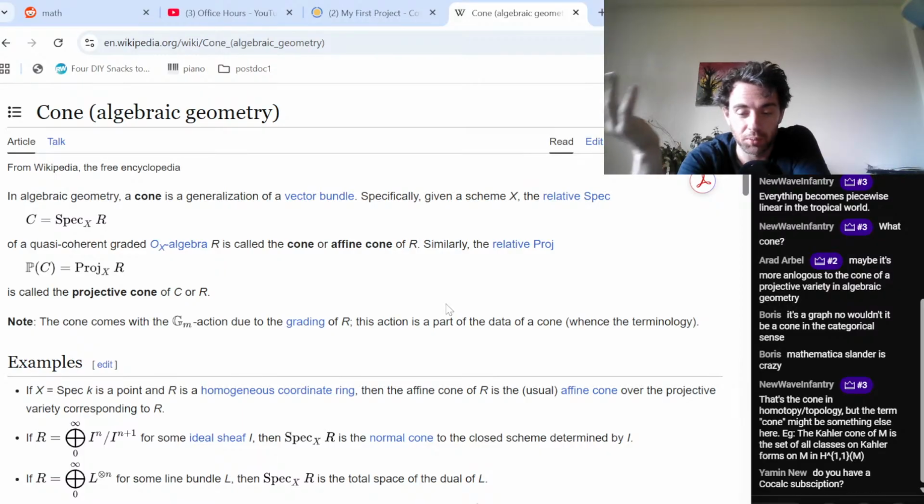So I'm guessing what we would do is stare at this construction, then define some sort of analog of that, some sort of thing that should be the analog of this in the piecewise linear world. Yeah,